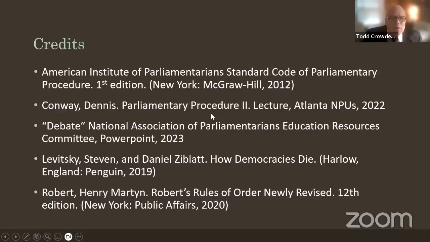The latest edition of Robert's cleared up a lot of misconceptions about that, and I was glad to see it. Friendly amendments don't really get any special privileges. We call it that just as a way of knowing what we're talking about, which means an amendment which probably shouldn't be controversial. It corrects an obvious problem with the main motion. Let's say it was written or typed out and the maker of the motion forgot to put a "the" in there. And so the friendly amendment guy says, hey, I want to make a friendly amendment. You left out a "the." You need to add that back.